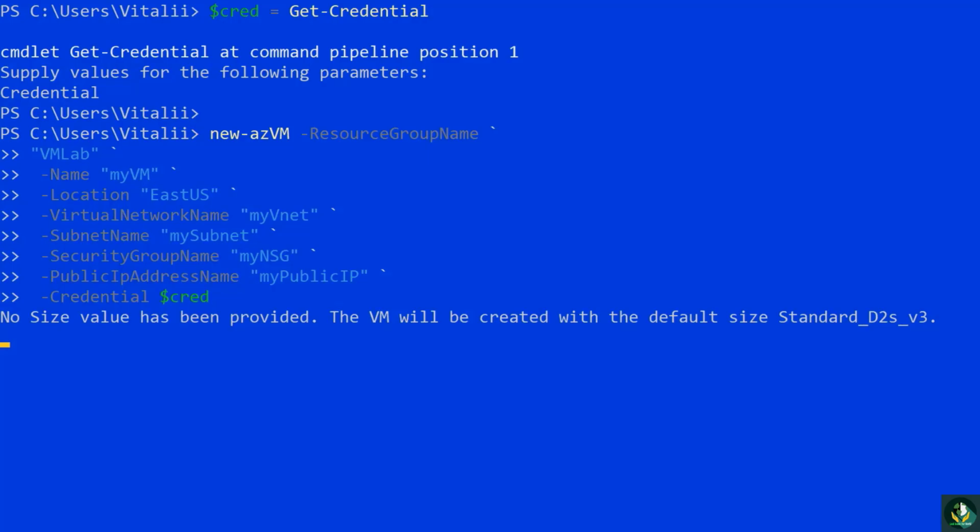Now, we must tell the New-AzVM command what local admin credentials to provision for this VM. To do this, I'm specifying the -Credential switch and referencing the $cred variable with it. With all this information provided, running the New-AzVM command will deploy a default Windows 2016 server into the East